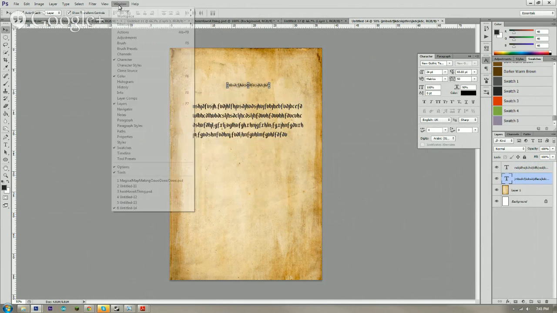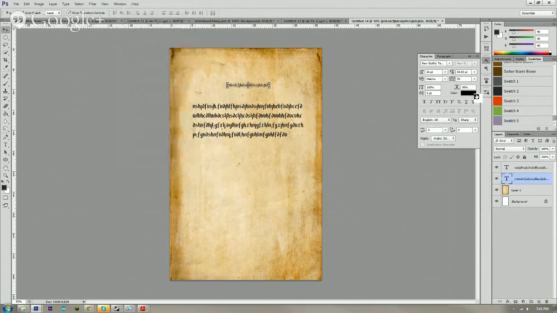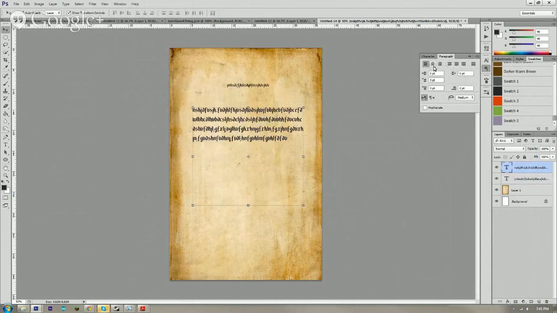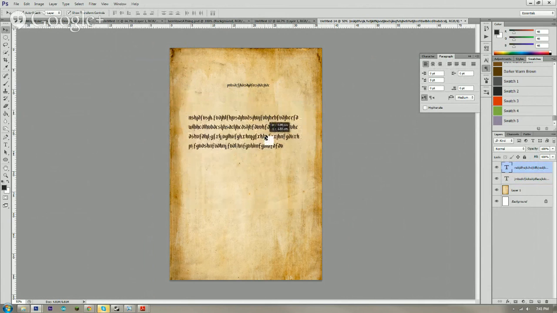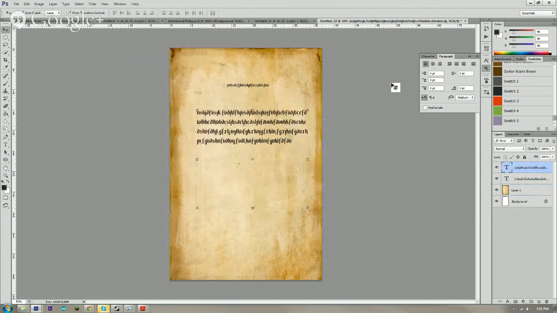You can go to Window and call that up through here. You can also go to Paragraph, and this is where you can make things center. Point text and paragraph text operate very differently if you center them. If you're using paragraph text, it will center within the area. If you're using point text, it will center on the point, which is why it shifts over here, which is